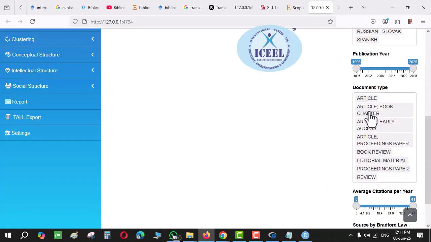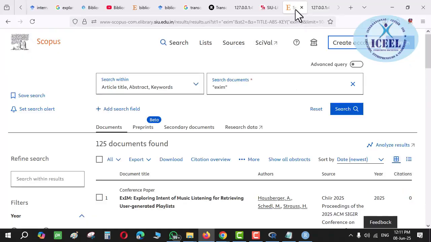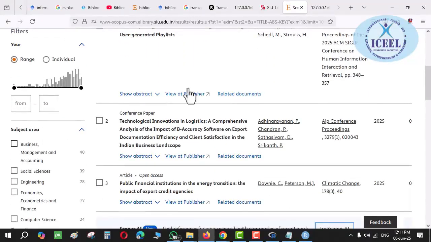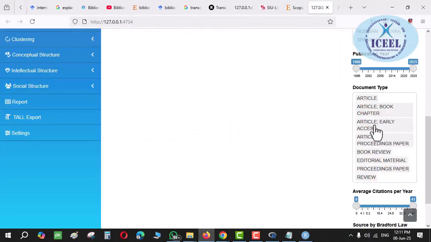Articles, you want to have them. Gray literature also, you want to have it? No, I want articles only, so I'll be selecting articles. But when you export the data, guys, if you have already applied all these filters initially itself, then there is no need as such to apply these filters.